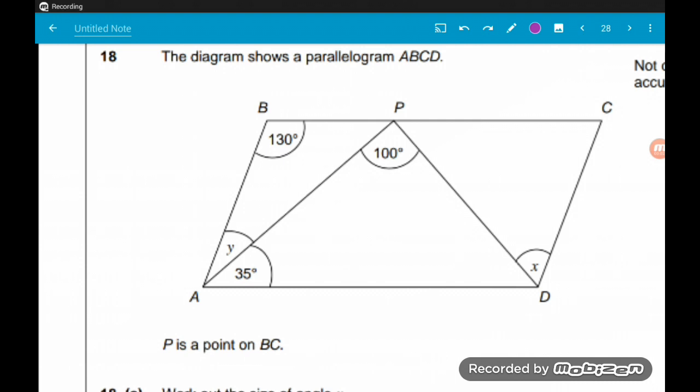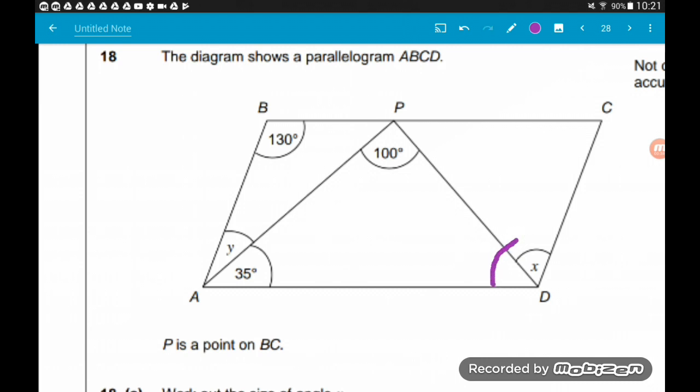Okay, next up we have angles inside of a parallelogram. Here we've got a parallelogram, it's split into three triangles. We've got two angles that we need to find, X and Y. With a question like this, I know many people don't like them. The first thing we want to do is ask ourselves, can we fill in any blanks? Well, yes we can. We've got a triangle here in the middle,